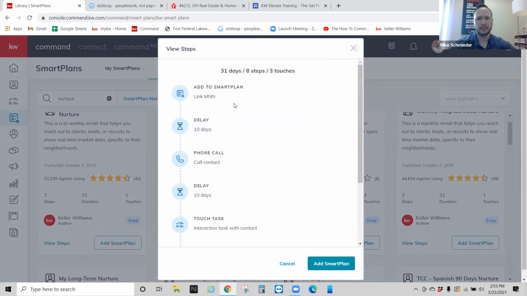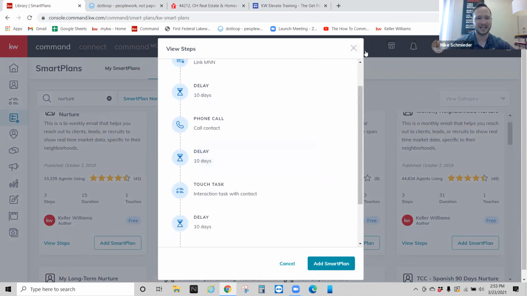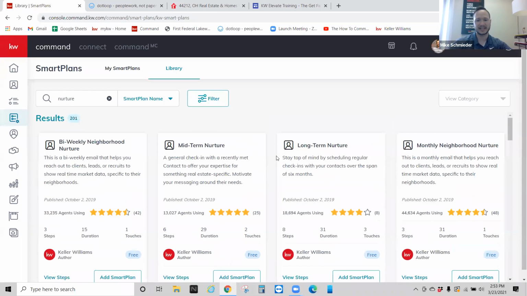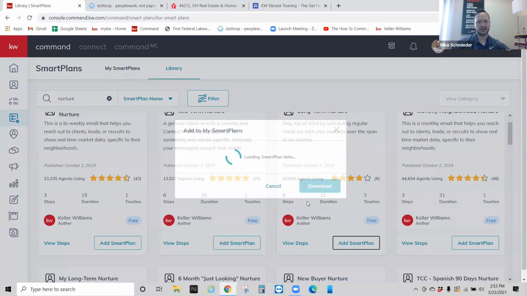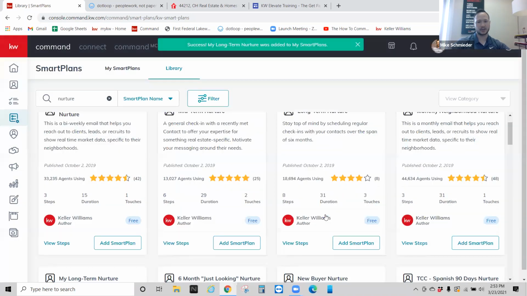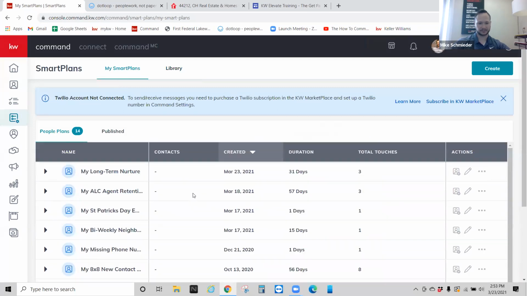So basically this is like a month, but it runs for 6 months. So you would basically do 2 calls a month, but you can also edit all of these and completely customize them. So to add a Smart Plan, what you would do is just click Add Smart Plan, download, and then they're in My Smart Plans. So let's say, for example, we were in our database